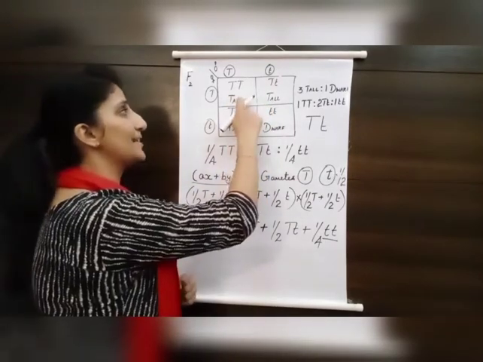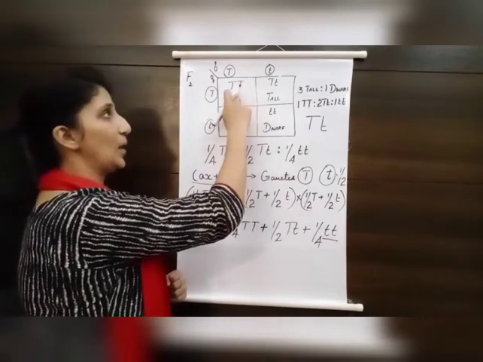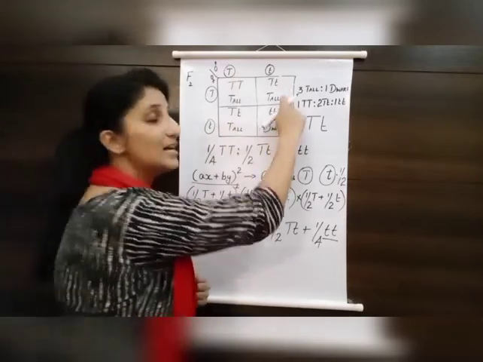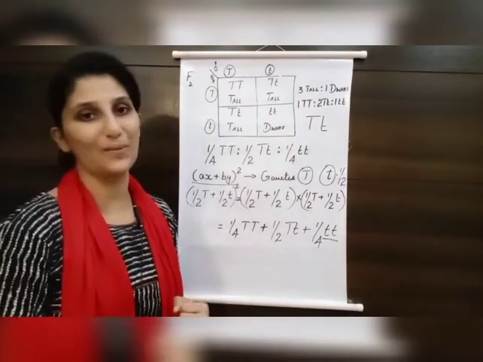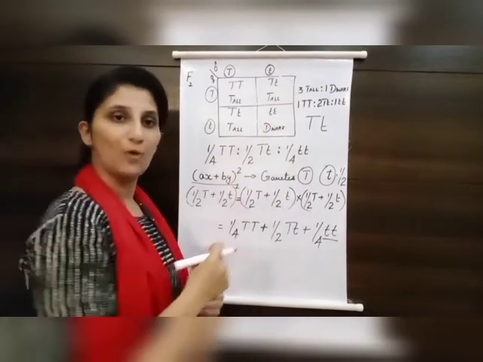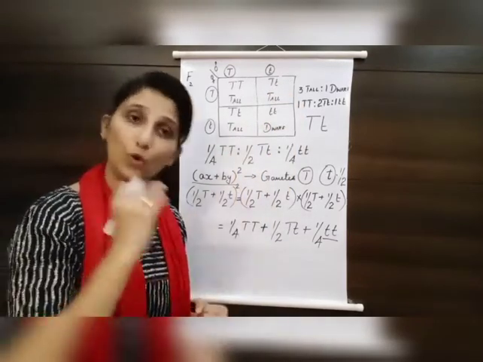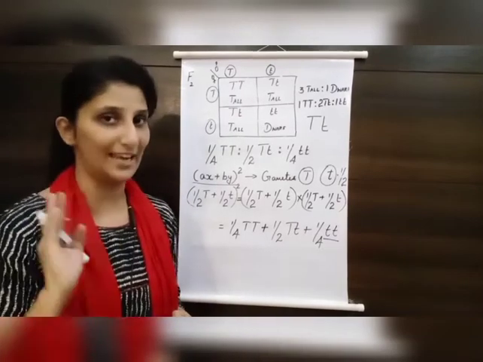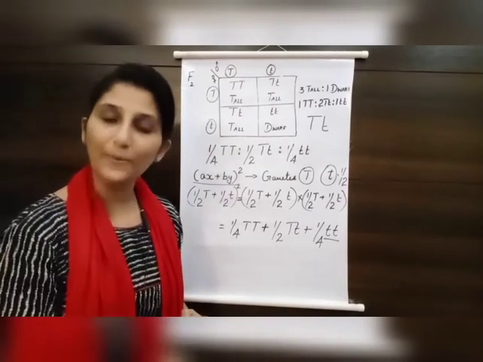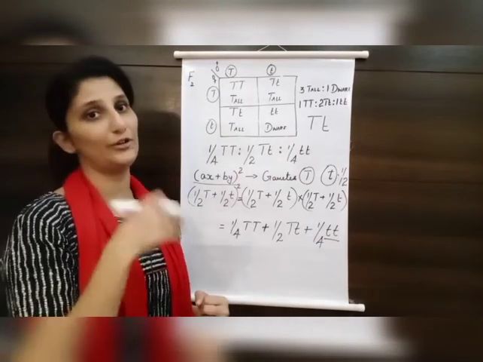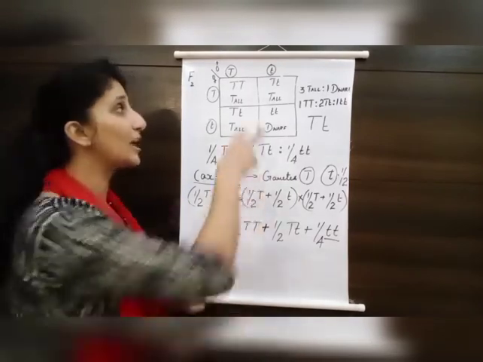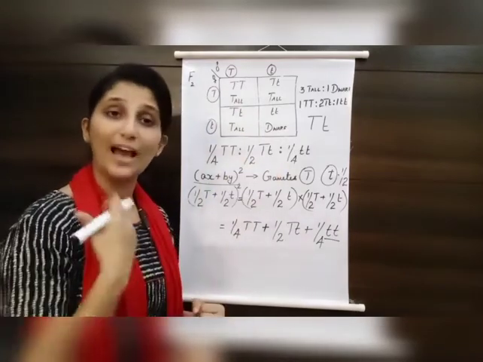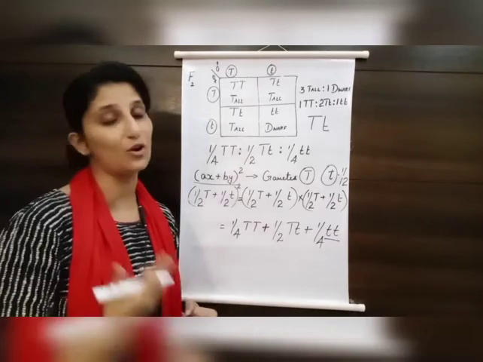In this plant, or in this F2 hybrid, the genotype is homozygous dominant, capital T, capital T. Whereas in this, it is a heterozygous dominant with capital T and small t. But though the genotypes are different, the phenotype is the same. There is no difference in the phenotype. So can we predict the genotype of a dominant phenotype? We are not able to predict. We can only see the phenotype. It is only tall, but we do not have any idea of its genotypic constitution.